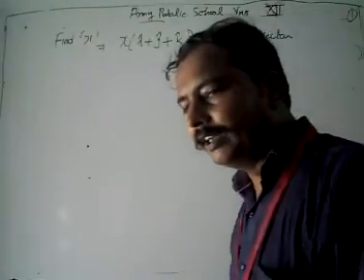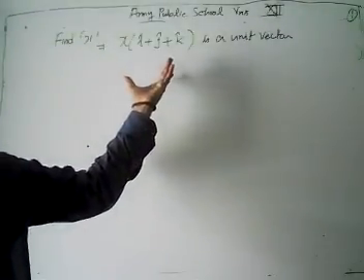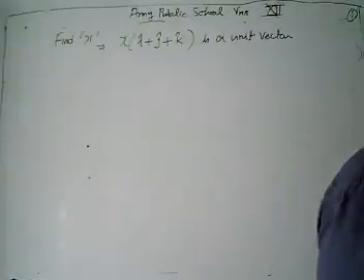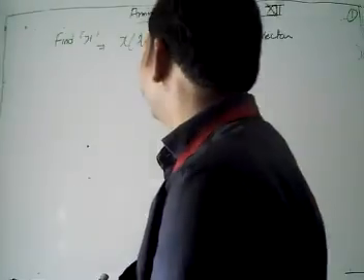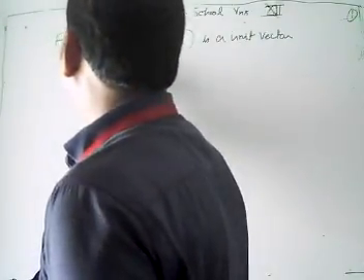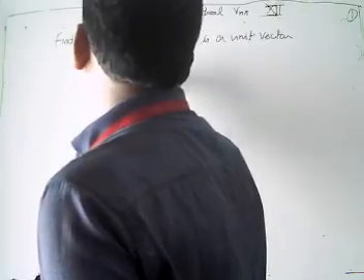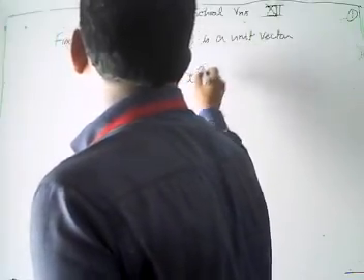Then what is the meaning of unit vector? If it represents a unit vector, then its modulus is what? When we take the modulus of this vector, its value is 1. Yes. Then suppose we take our vector as vector A. Then we have x i cap plus x j cap plus x k cap.